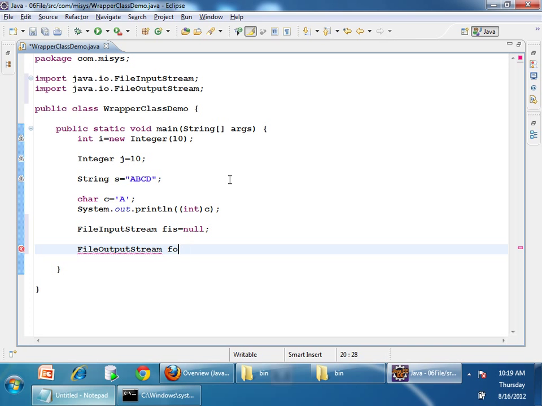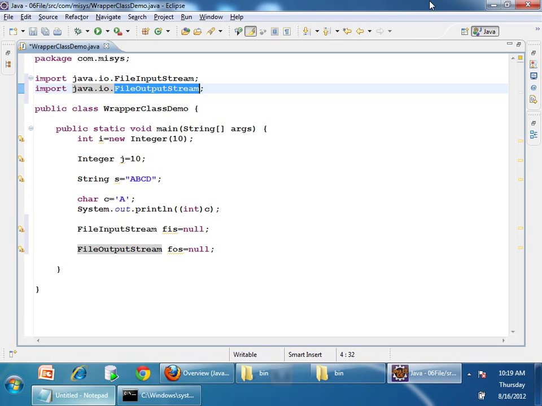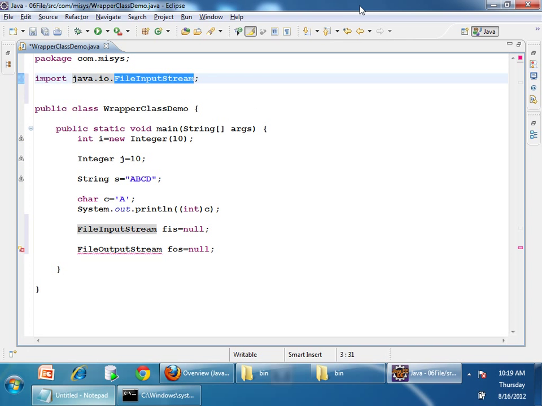In this case, see here, there are two imports generated, FileInputStream and FileOutputStream. Do I need to import both, or will writing import java.io dot star be sufficient? Is it sufficient? Yes. Now,